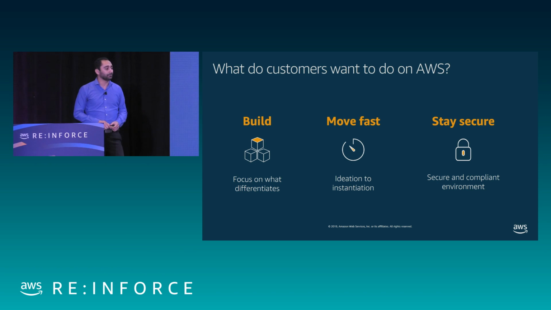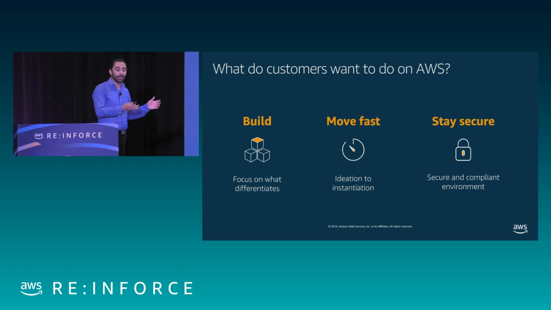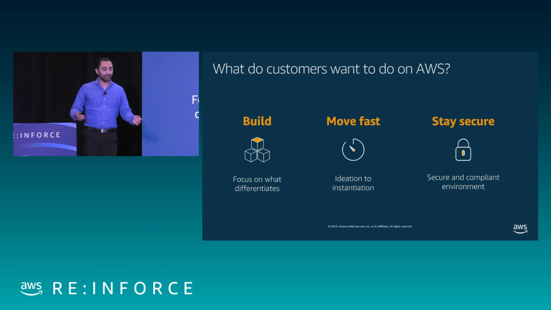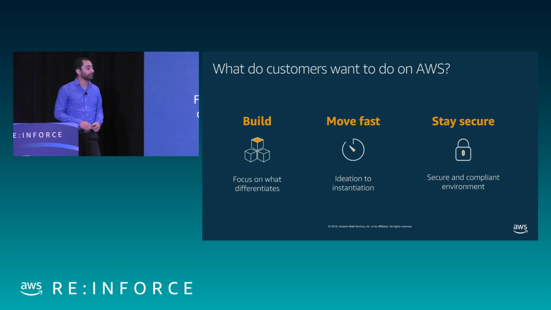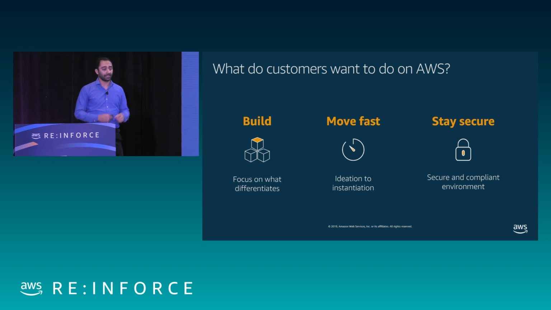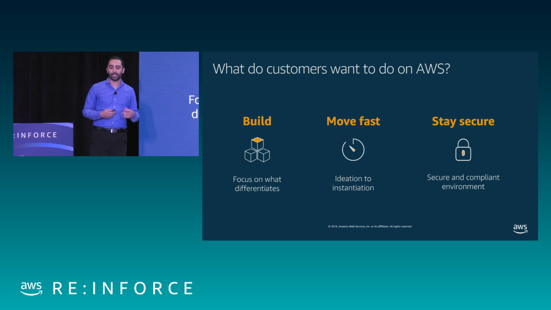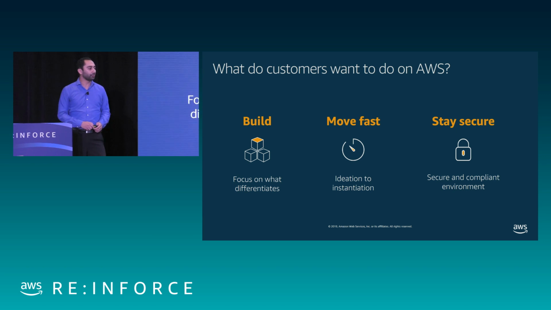Customers just want to get things done. I want to release new products, but I want to make sure they're secure. I want to be able to move fast, but I want to make sure that operationally I'm resilient. And given that this is a security conference, we'll focus more on the security side of it. What if every single developer or every single application can launch applications and be ready to go, and you as a security practitioner don't have to worry about them doing the wrong thing? And if they do, it's at least isolated, and the blast radius is small enough that it's minimal risk overall, so they can move forward and launch new products and services.